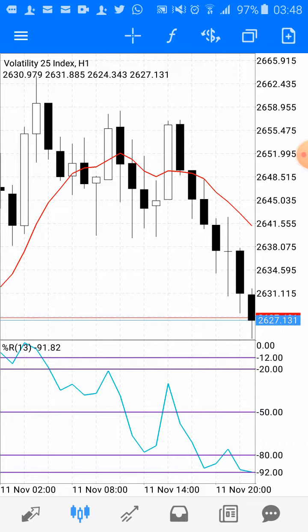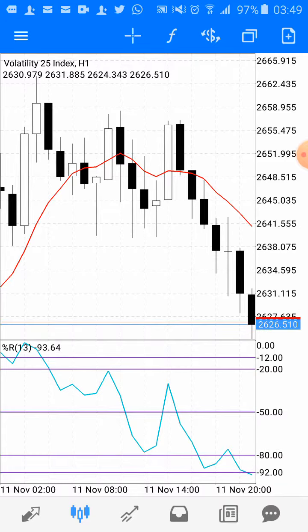It must cross it. Okay, you can use this one and compare it with the first one I sent you that the guy made. Compare the two together and try to see what I'm explaining. Look at what the guy explained there, look at what I'm explaining here, and try to correlate the two together. So the William ratio, the moving average must cross one of the bar. The guy said this in the video. It must cross one of the bar. If it crosses one of the bar, it's also a perfect entry.